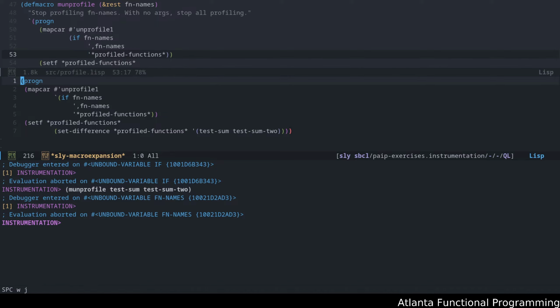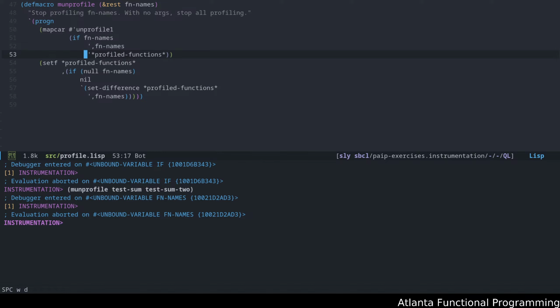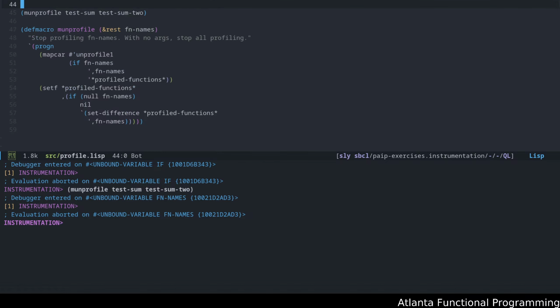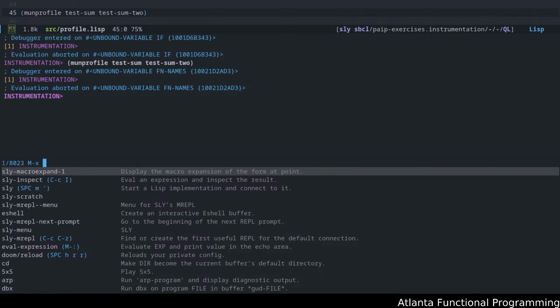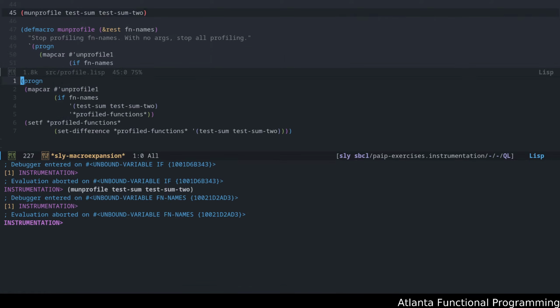So here, let's quit this. Okay. And let's try this again. Sly macro expand one. Boom. Okay, so that fixes it.